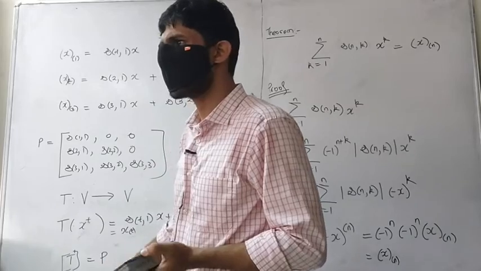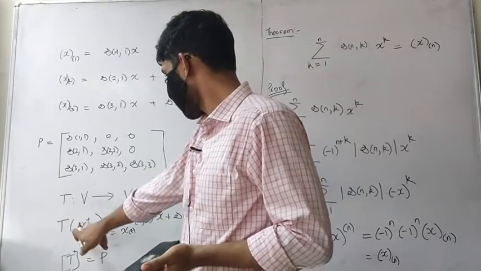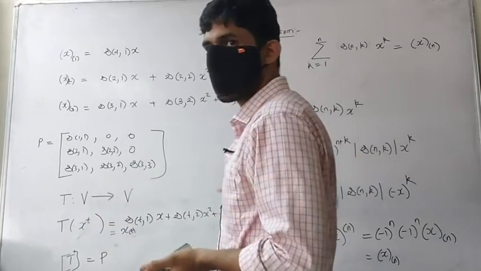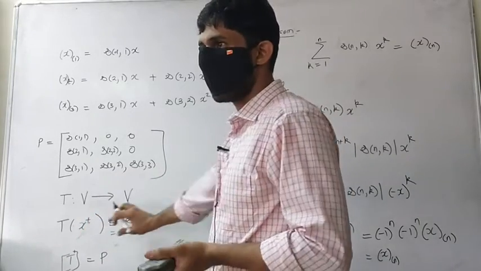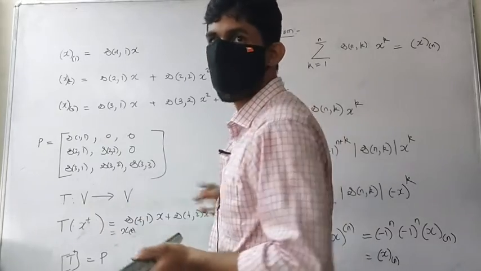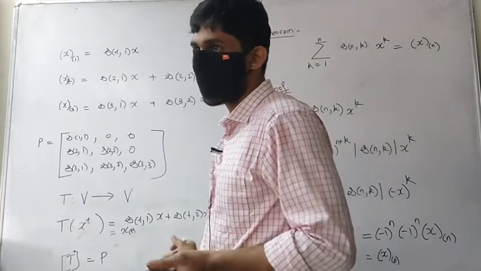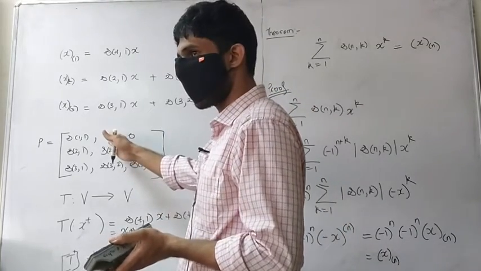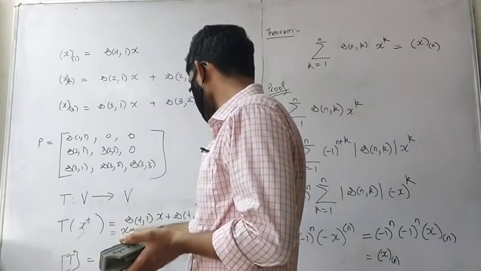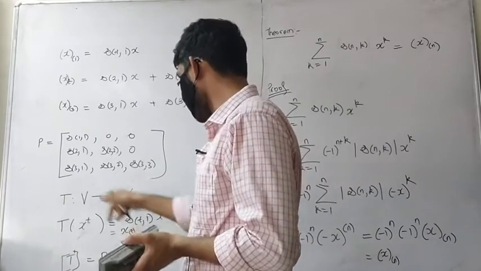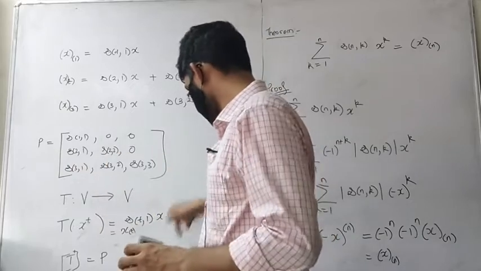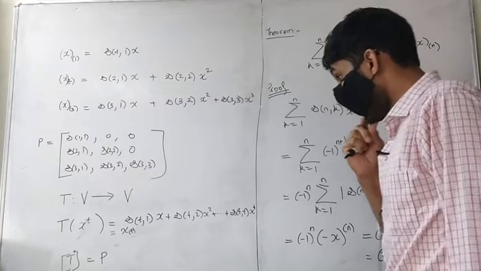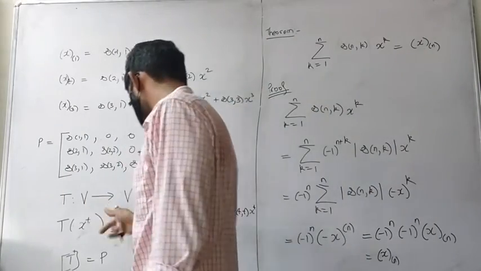How do you find the matrix of a transformation? Take any basis element, take T of that basis element, and represent it as a linear sum of the basis elements. In the first coordinate, that's exactly what you get. The tth row is exactly this. So why I am telling you this is, if you look at the inverse, what does the inverse do?